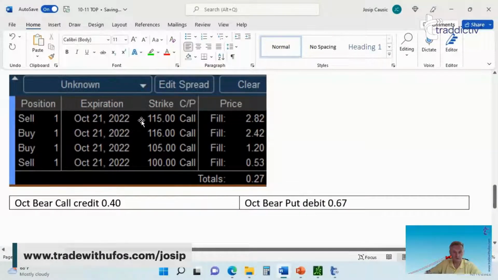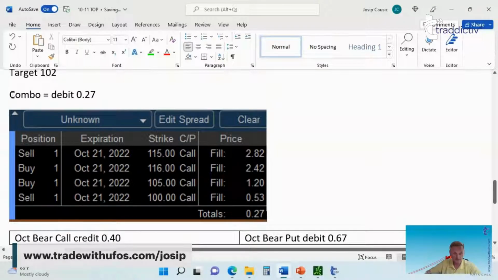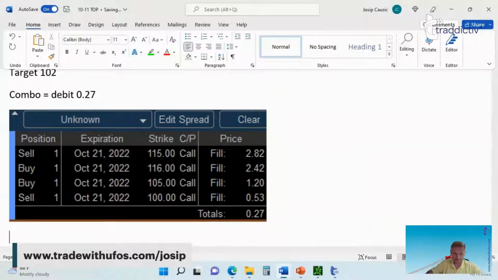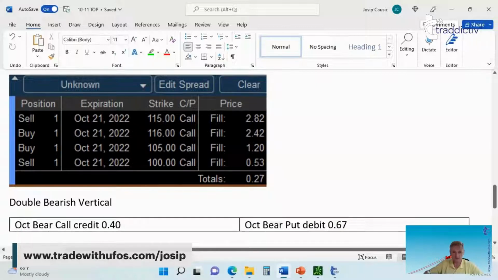So what we are doing here in this unknown trade, which is really a combo, if you want to know the jargon term for it, but don't go out and say this in public because they're not going to understand what you're talking about. Is the bear put spread a vertical? Yes. Is the bear call spread also vertical? Yes. Are they both bearish? Yes. So if you want to lose a conversation at the cocktail party, just tell them you just opened some double bearish vertical on Amazon and see how quickly that person turns around and goes away.